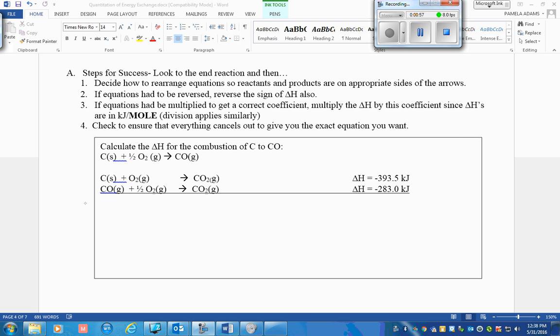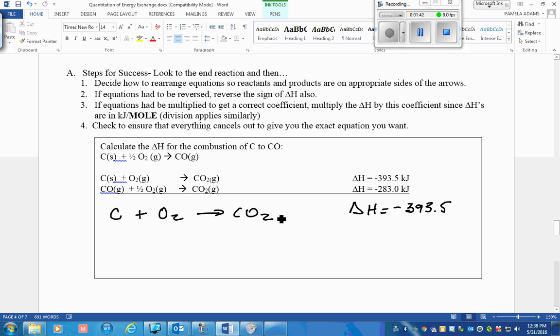So the first thing that we want to do is look at the elementary equation and see if we want it to run this way or if we want it to flip. So if these are the reactants and this is the product, to flip it, this would be the reactant and that would be the product. When I look at it compared to my target reaction, I see that it has, on the reactant side, two things that I want it to have. So I'm going to leave it as it's written. So just quickly rewriting it, I have this, and since I did nothing to this reaction, I will do nothing to the value of delta H